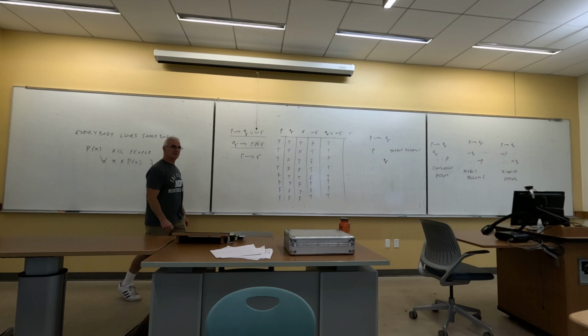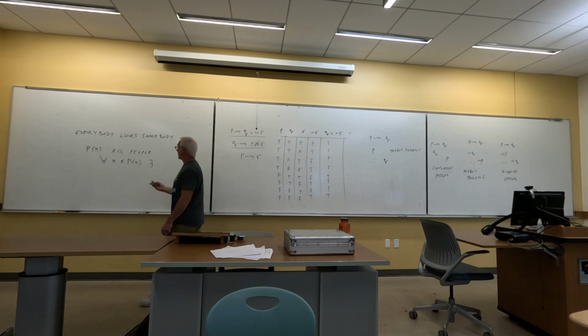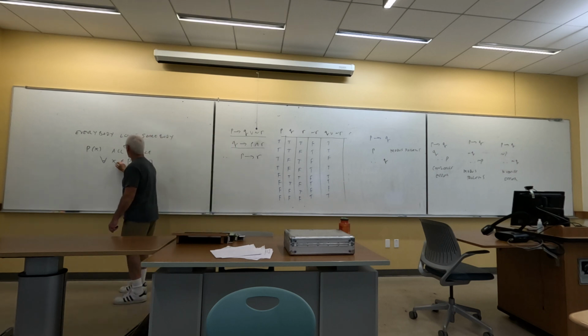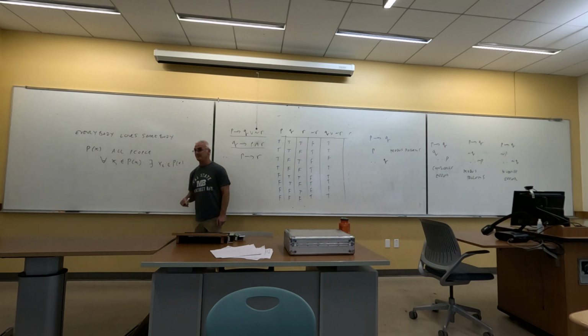There exists, not an X. How about let's pick a different variable? Or how about we can do it this way? For all X1 in P of X, there exists X2. Where does X2 come from? Also from the set of people, such that